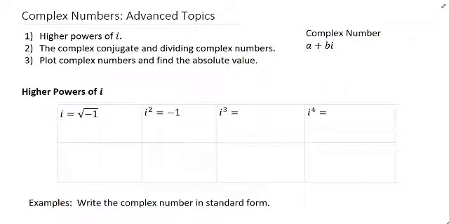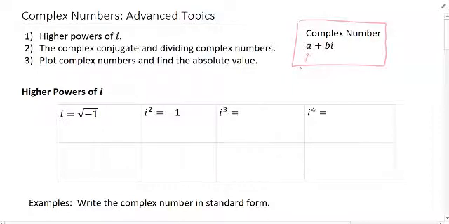Hello, today we're going to be covering some advanced topics on complex numbers, specifically 3 topics: how to simplify higher powers of i, the complex conjugate and dividing complex numbers, as well as how to plot complex numbers and find their absolute value. So the first thing to remember is that a complex number is of the form a plus bi. a is your real part,